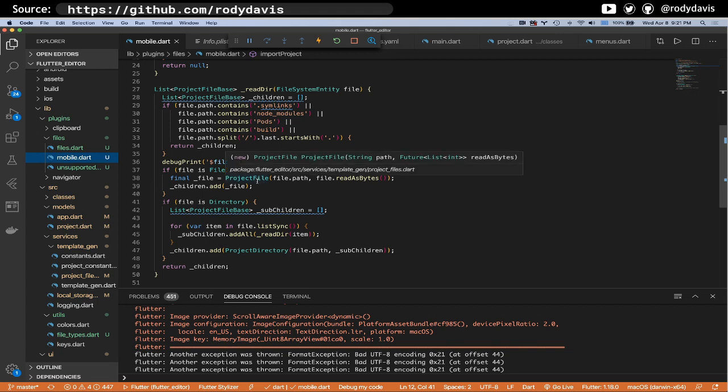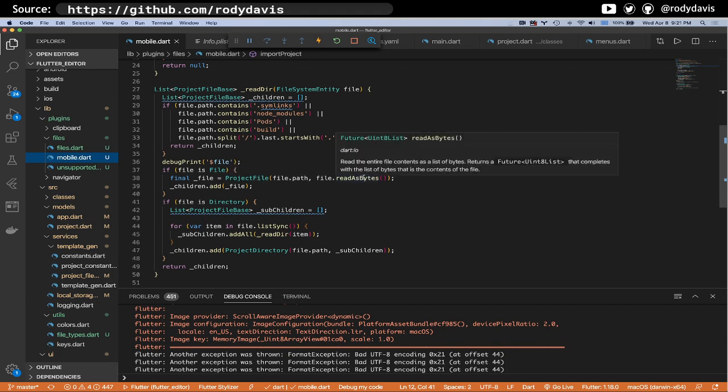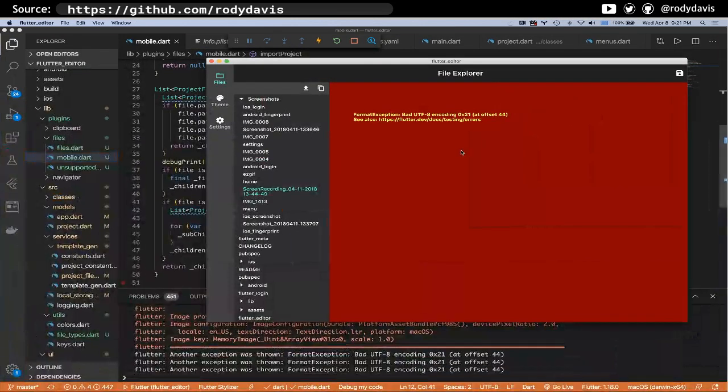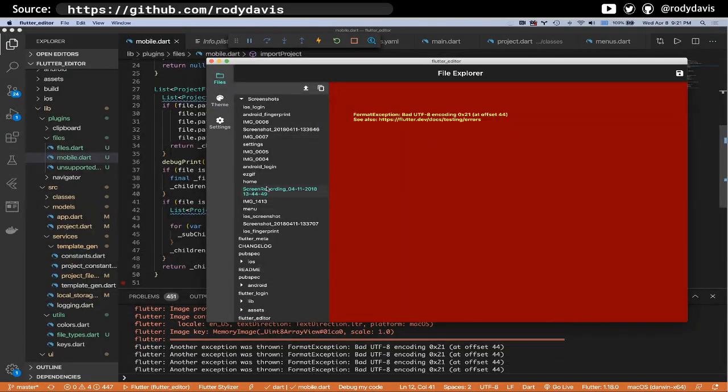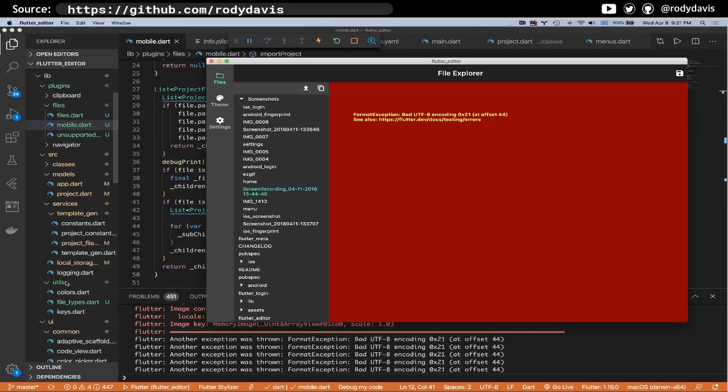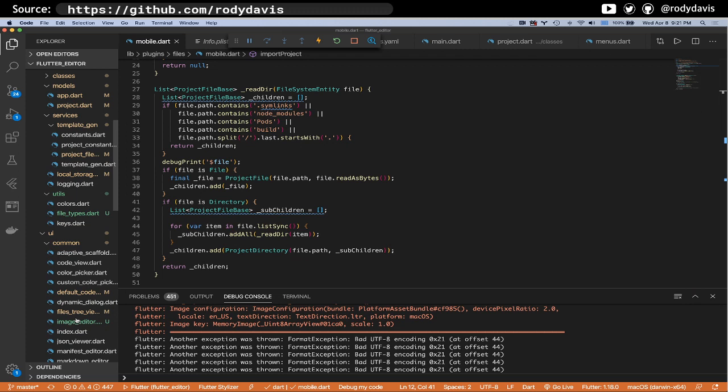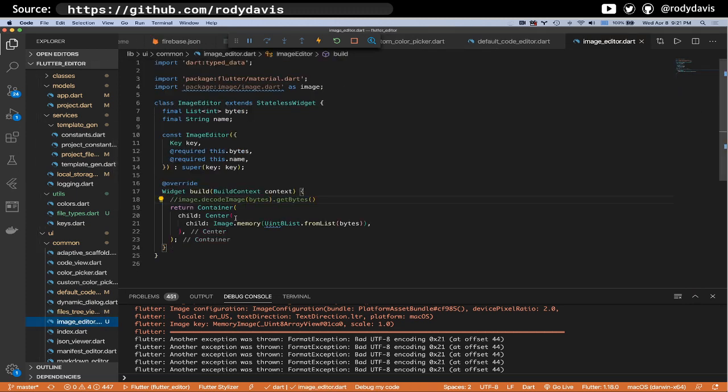That's interesting. That works. Let's just print the data. You know, when in doubt, let's do